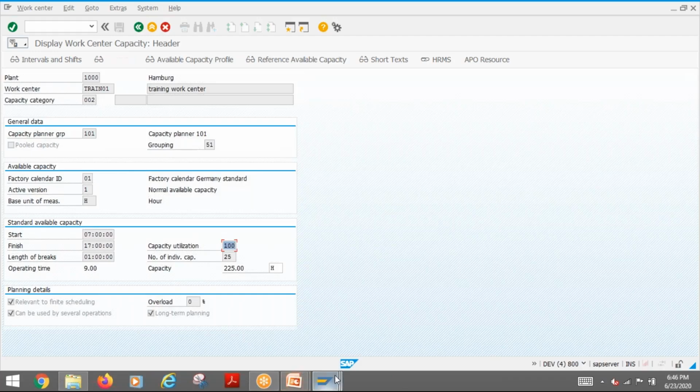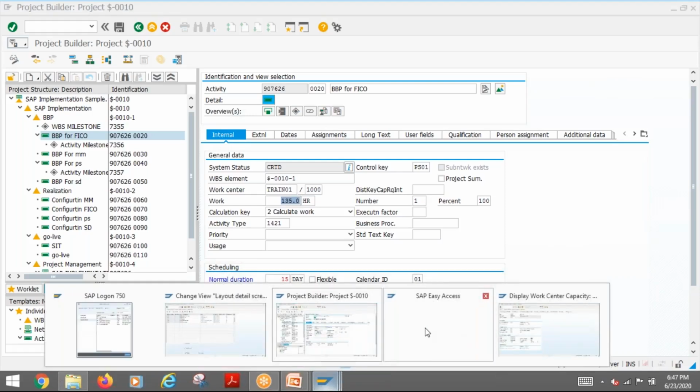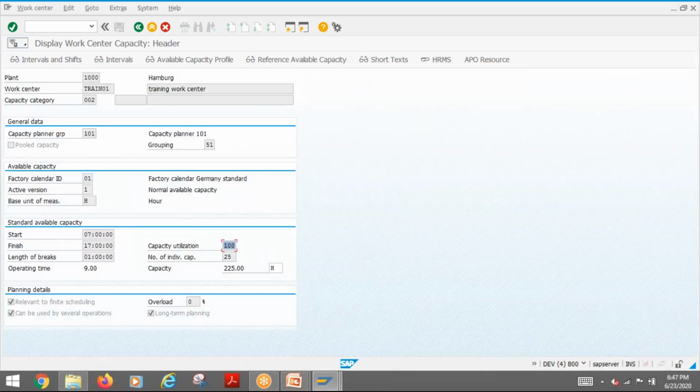Yeah, so what's happening here, for example, if you look at 135, it came from 15 days. So 15 into 9, 135 hours is calculated. That is one thing. Then the second thing, if you look at this one,